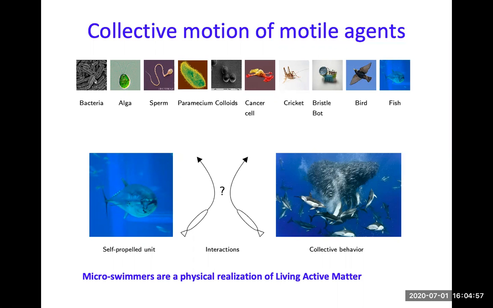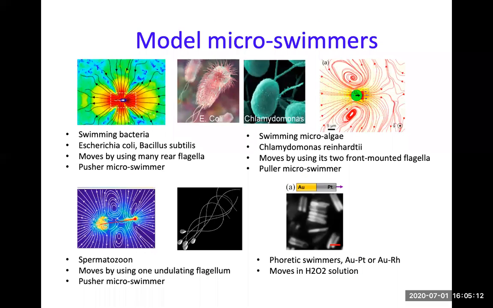And I specifically look at microswimmers, so things at the micron scale. So things like bacteria, algae, spermatozoa, and colloids. So I will tell you a little bit about this work, right? So the model microswimmers, as you've heard also in the other talks, are things like bacteria, microalgae, spermatozoa, and lately there's work on active colloids. So I'll mention a little bit about work in all of these.